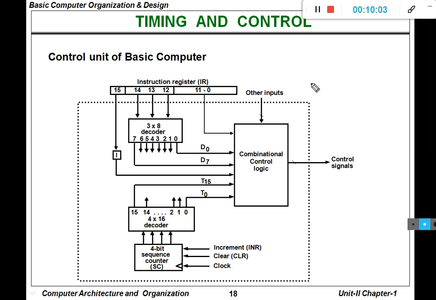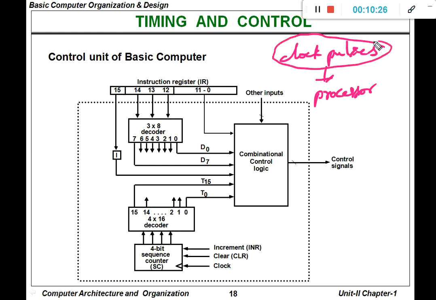Here we need to remember one particular logic which is very important. Who is going to generate the clock pulses? The clock pulses are going to be generated by the processor, and based on these clock pulses, any operations are carried out.